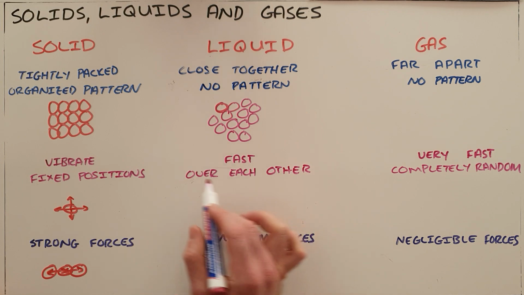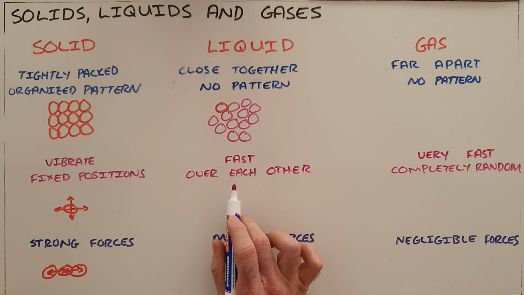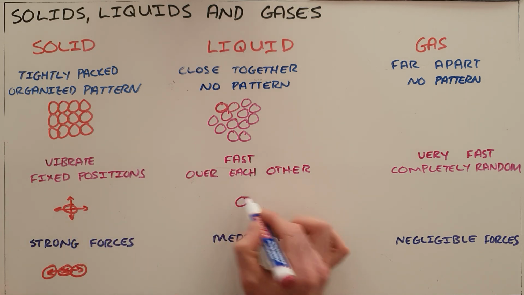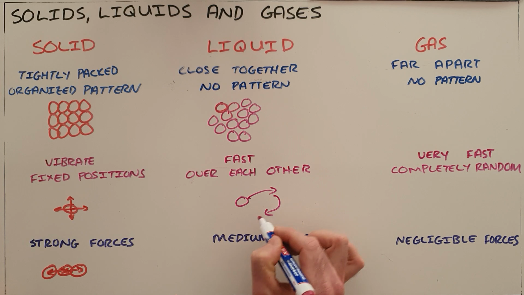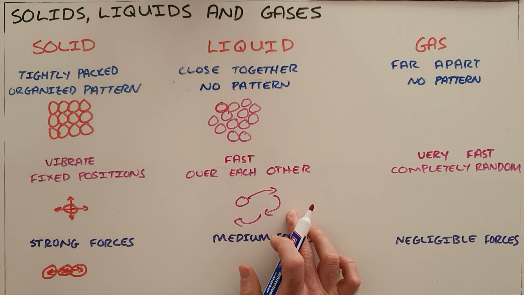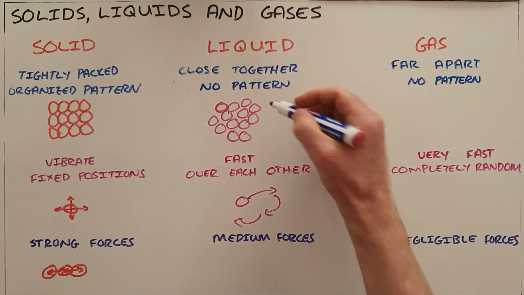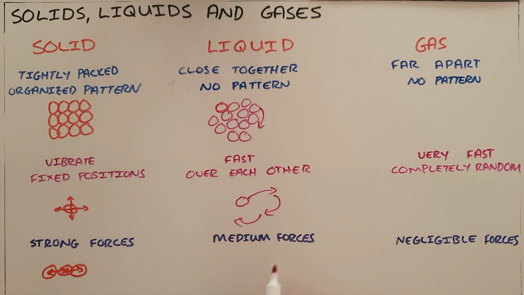What this allows is that these particles are able to move over each other, and they can move much faster than in solids. They can move over each other, which allows them almost complete freedom to move wherever they want, which explains why liquids are able to fill the container that they are in and why we can pour liquid, because we're allowing those particles to move over each other and move freely. As you can imagine, in order for this to be possible, we know that liquids tend to prefer to stick together. So there are still reasonably strong forces of attraction,